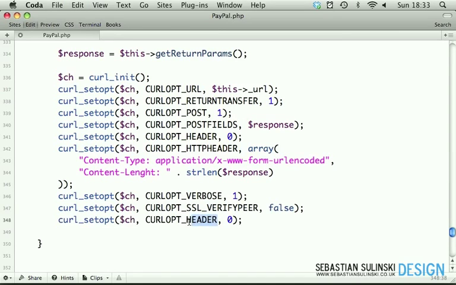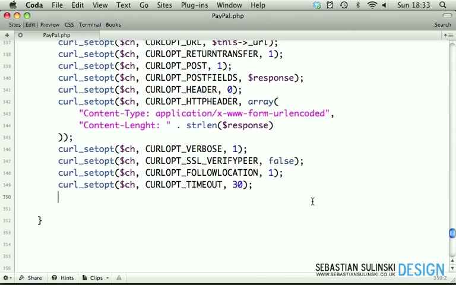And then we have follow location, which basically will be 1. After follow location we have timeout, which will be 30 seconds. And then we have, after all this, underscore IPN result equals